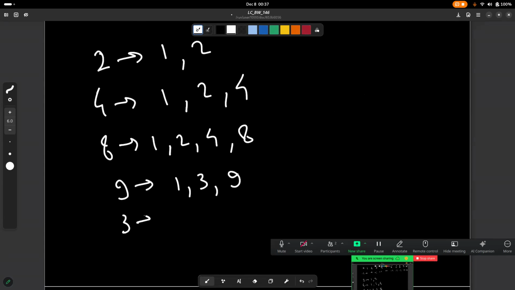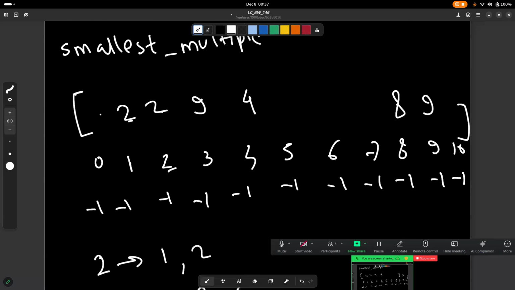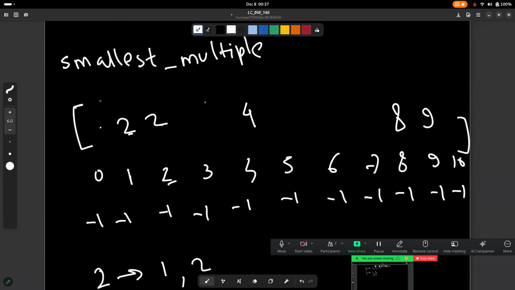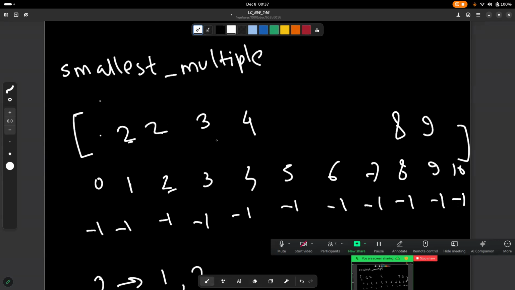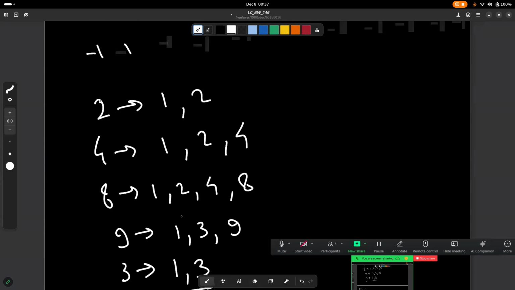Now, if you at last go to 3, 3 will have divisors 1 and 3. 1 is already set, 2 is less than 3. 3 is already set, 3 is equal to 9, but 3 is less than 9. So we are considering 3 over here. So 3 is less than 9, so we'll update this to 3. At the end, basically we have this array -1, 2, 2, 3,